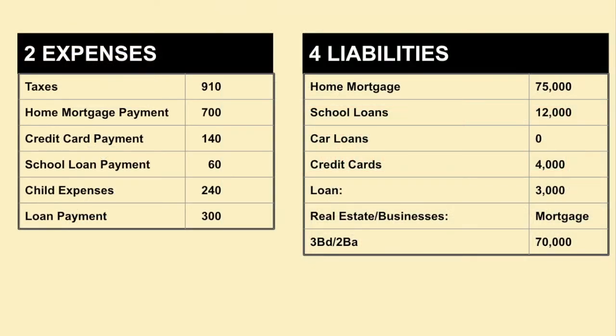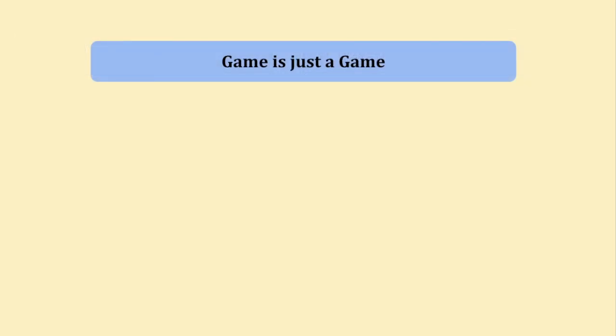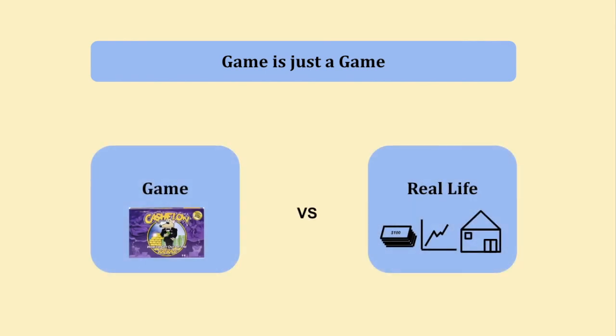Things like taxes or child expenses are not liabilities. You cannot pay them off, and those expenses are mandatory. So now we have covered the details of assets and liabilities in this game. The real-life experience is definitely a lot more complicated than a board game, so the game is mainly to help you get started by teaching you the basics. For real-life investments, you have to go beyond the game to learn more and practice more.